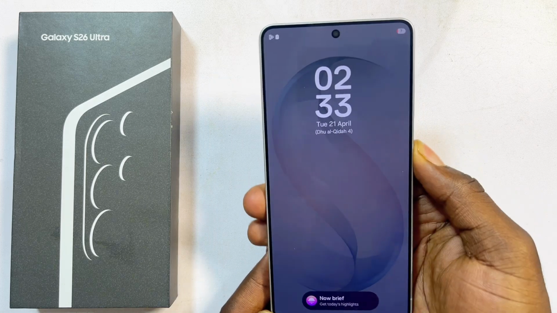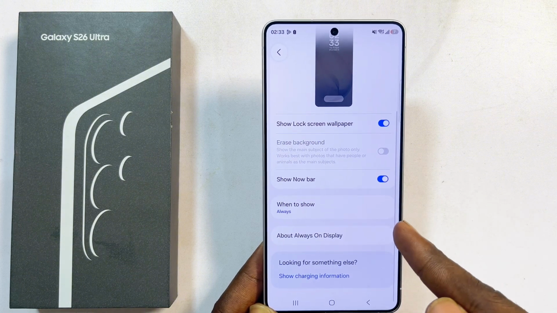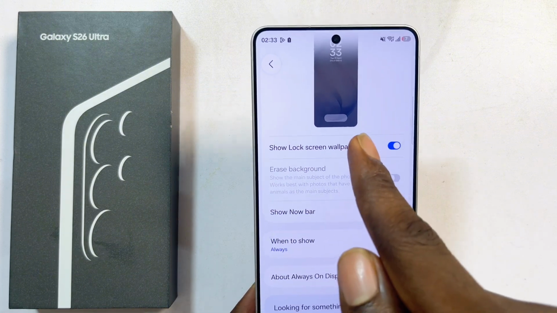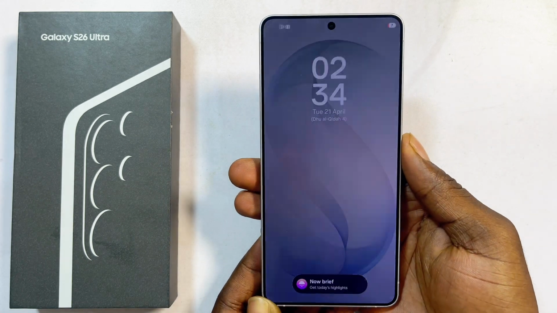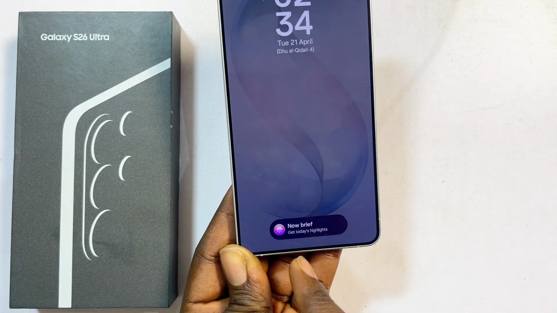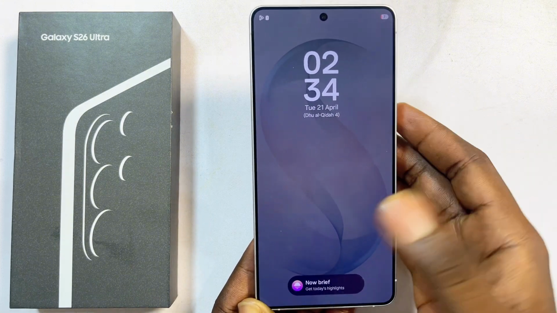If you also come out of this, there are other things you can actually do. So if you come here, you can also set to show the now bar at the bottom or not, which is basically this bar over here, and you can literally see it if you tap on the screen. So you can see the now bar over here. And finally, if you want to customize the screen at this point, all you just have to do is to